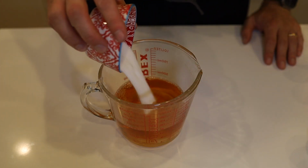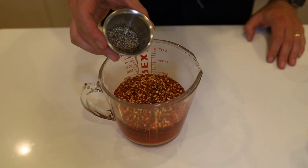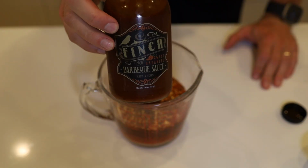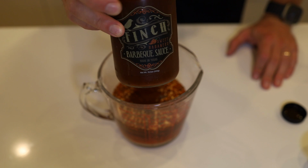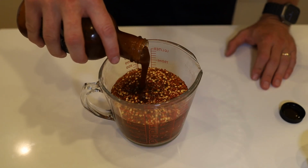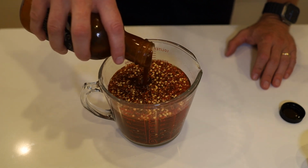some sugar, hot sauce, crushed red pepper, coarse black pepper, chili powder, and some barbecue sauce. This sauce is local to Dallas. It's fantastic. You can get it at Central Market. Highly recommend it. This is essentially the Sam Jones cookbook hot sauce,